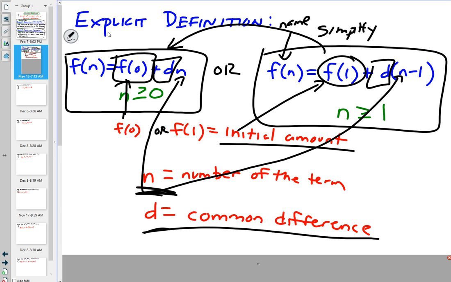I kind of debated internally whether to even show you these two or not, because really, the one we're going to use the most is on the right. But just in case, so that you know, I already gave you one difference: the one on the left is just the one on the right, but in simplest form. But as far as when to use each one, in a word problem, let's say like,